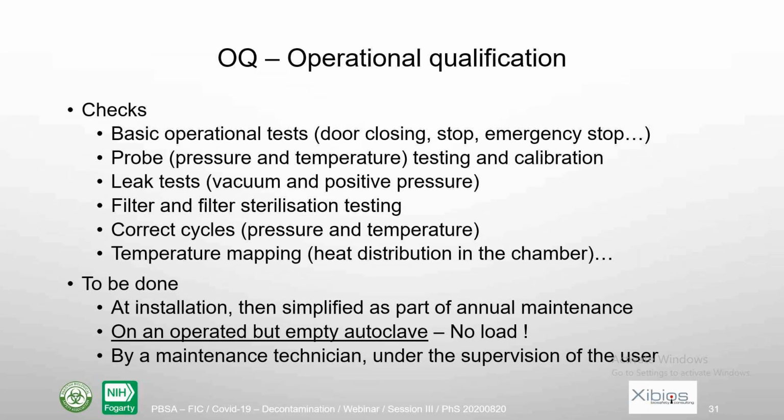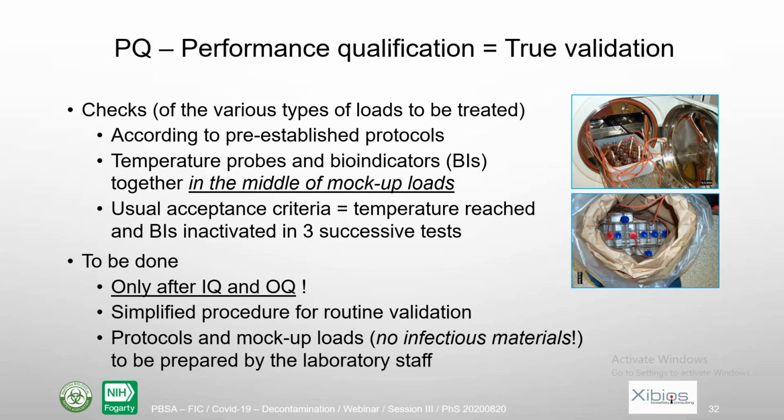दूसरी है ऑपरेशनल क्वालिफिकेशन, जिसमें आप सालाना मेंटेनेंस के तौर पे भी ये क्वालिफिकेशन चेक कर सकते हैं, और दूसरा आप इंस्टॉलेशन के वक्त भी करते हैं। इसमें ये देखा जाता है कि बगैर किसी लोड के क्या ऑटोक्लेव ठीक तरीके से काम कर रहा है, यानी कोई लीक वगैरह तो नहीं है, टेम्परेचर और प्रेशर वगैरह के साइकिल्स और फिल्टर वगैरह, ये सब चीज़ें ठीक काम कर रही हैं या नहीं। इसको विदाउट एनी लोड, बगैर किसी चीज़ के उसके अंदर डाले, आपने सिर्फ चेक करना है कि क्या वो ऑन होता है और ठीक तरीके से काम करता है या नहीं आपका ऑटोक्लेव।